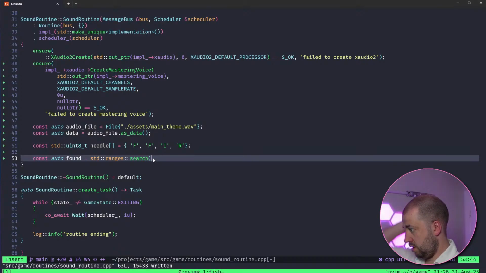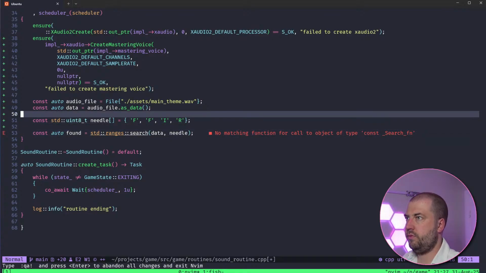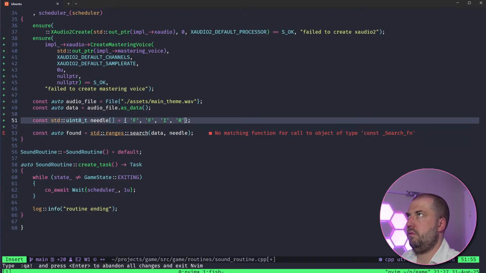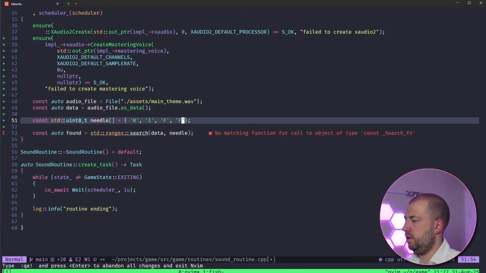So I want to search for data and needle. Yes, sorry, you're right. Good spot. Because I'm not reading them out as uint32_t's.